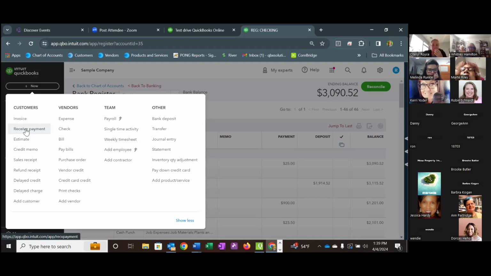Now, some businesses would not do invoices. Maybe they have a retail store and they have a point of sale system. So at the end of the day, they would be doing a sales receipt. A sales receipt is very similar to an invoice, but on a sales receipt, you say how you got paid. I'm not going to go into real detail since this is an introductory class, but maybe in the intermediate class that's starting on Monday night, Ed will talk about